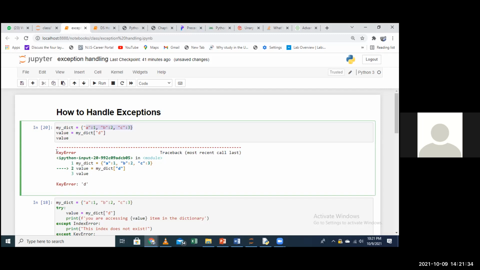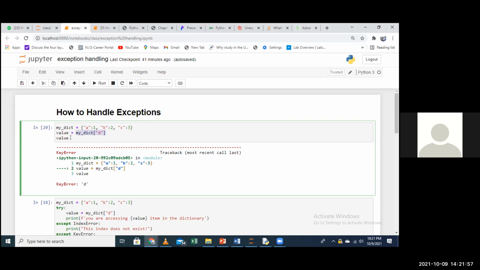It will throw up an error, an exception, a key error, whereby the key is D. And key error is telling you that there is no key like that in this dictionary. So in such scenarios, maybe you have many other lines of code that run after this. Your program will definitely terminate in case there is this. It wouldn't go past this.